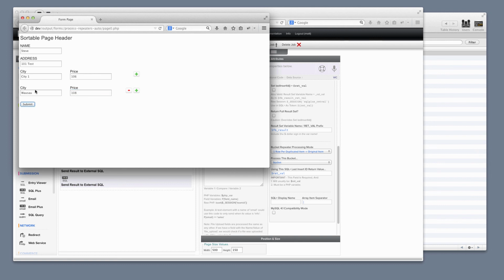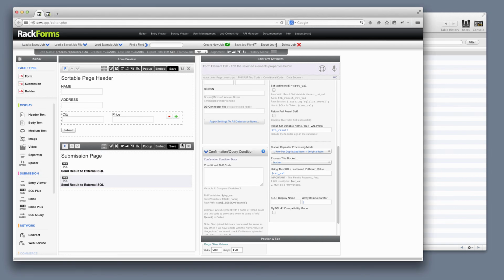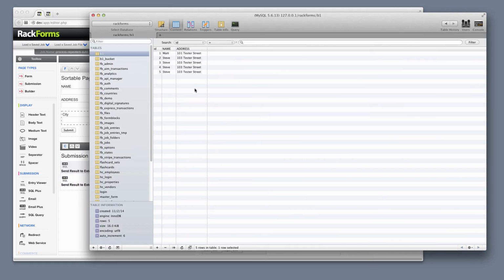We'll say 108. Let's go ahead and add one more row. We'll say New York, and we'll put in 189, and I'll hit submit. So now we go to our submission page, and again, two things have happened. This first SQL Plus item has been run, and if I refresh my database, you'll see that that row was